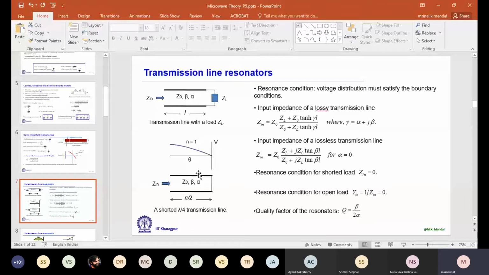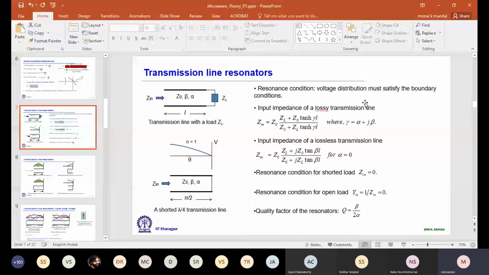Now for transmission line, not just short, we can also have open circuit. So we can have different combinations: both ends shorted, both ends open circuit, one end shorted and another end open circuited. So we may have three different situations. Let us consider these three different situations, and one by one we'll see what are the fundamental resonant frequency and their harmonics. Better let me explain it in white.